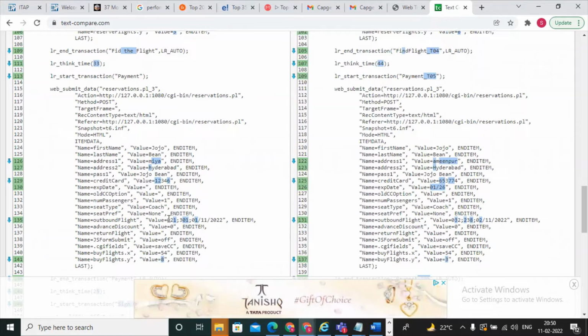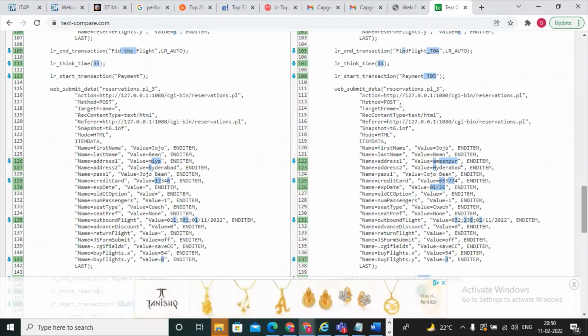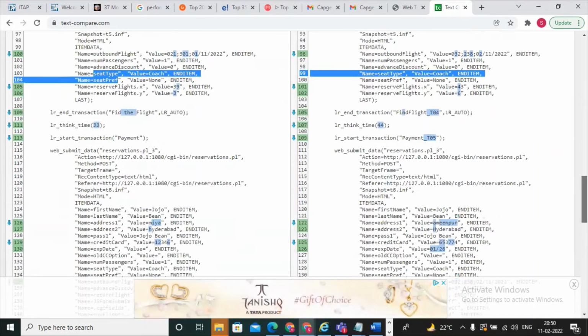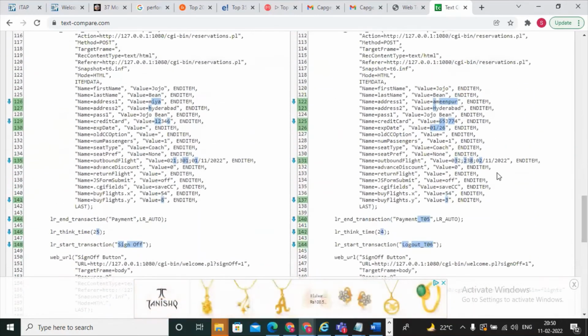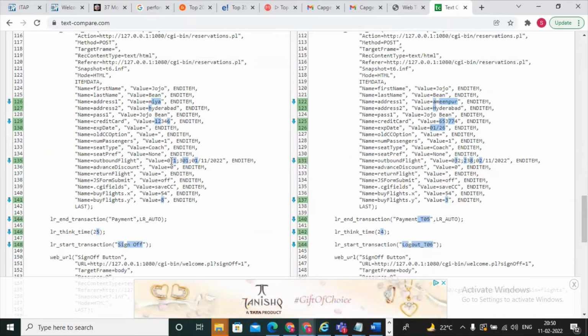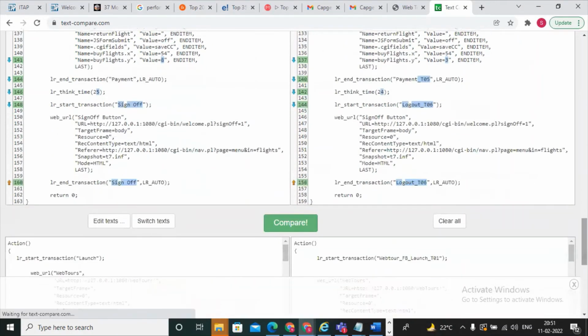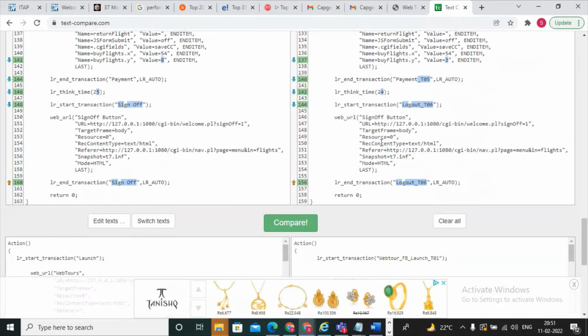The flight value here will be the same flight value. Once you select the flight, say 032, and here also 032, it means the same value, so you can do one correlation. Just replace the first one and the same value applies here. No need to do correlation again. Like this you can observe, and finally the last one. Like this you need to compare for the first point. First point, what is the first point?